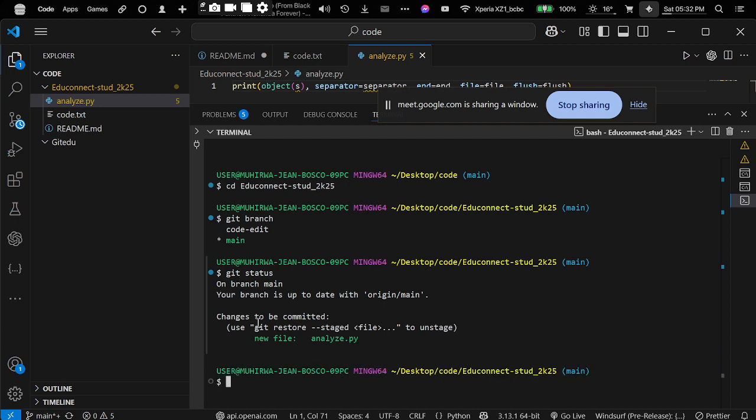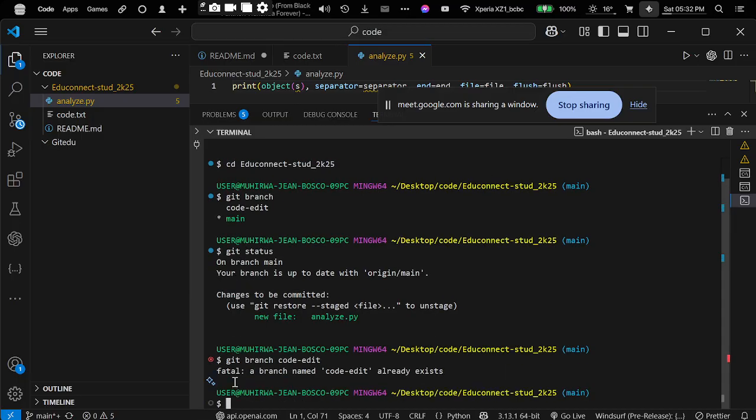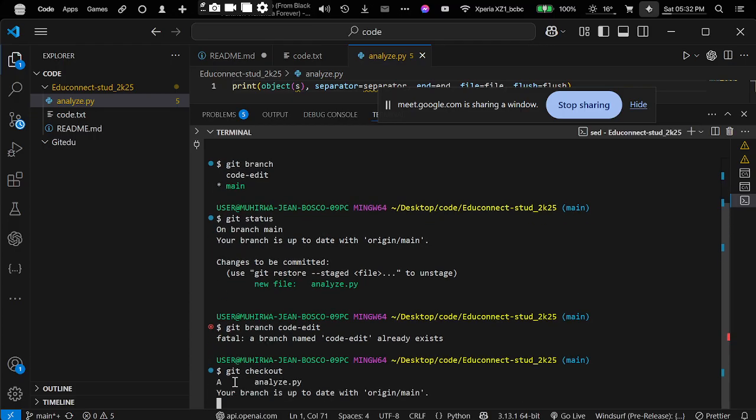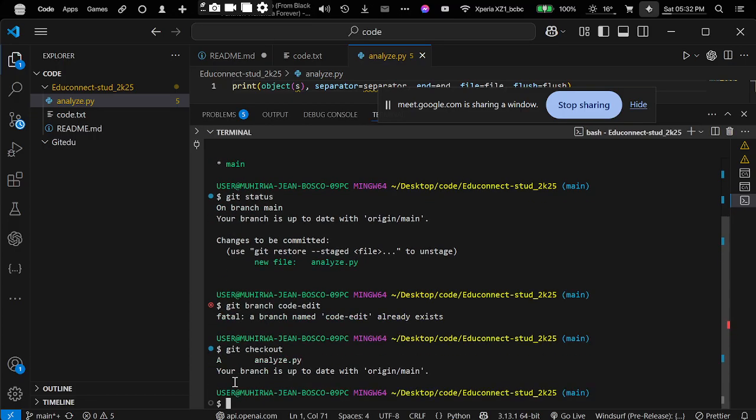So I see they are on the main branch. Let me go to git branch, code edit. I already have this, git checkout. Okay, so this one, we are going to push it to